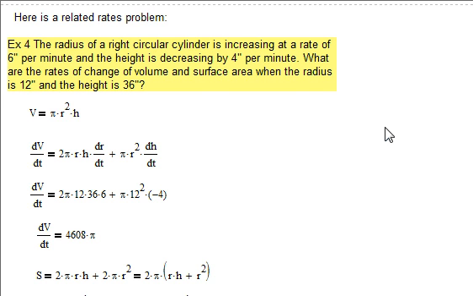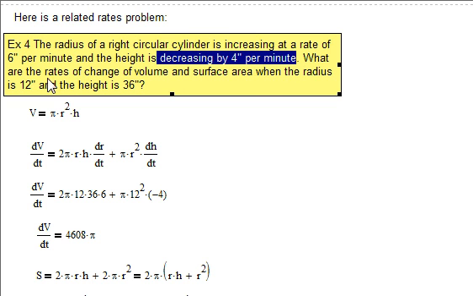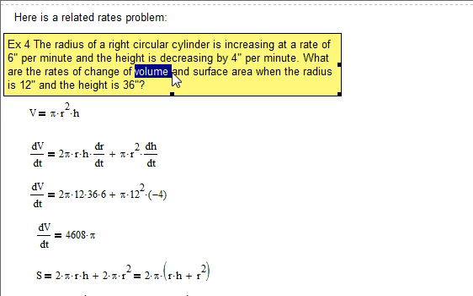Here's a related rates problem. Could be taken right from Calculus 1. The radius of a right circular cylinder is increasing at the rate of 6 inches per minute, and the height is decreasing by 4 inches per minute. What are the rates of change of the volume and the surface area when the radius is 12 inches,